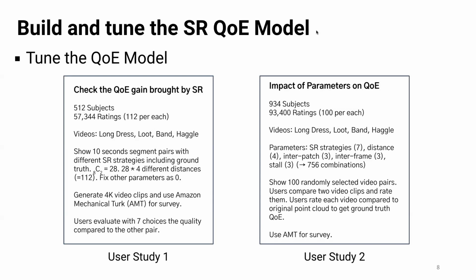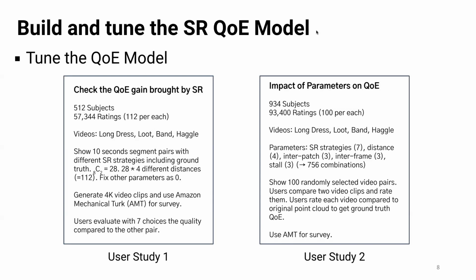So the right one is much better, or a little better, on a seven-point scale. And after that, there is a figure later that shows how much the super resolution upsampling was